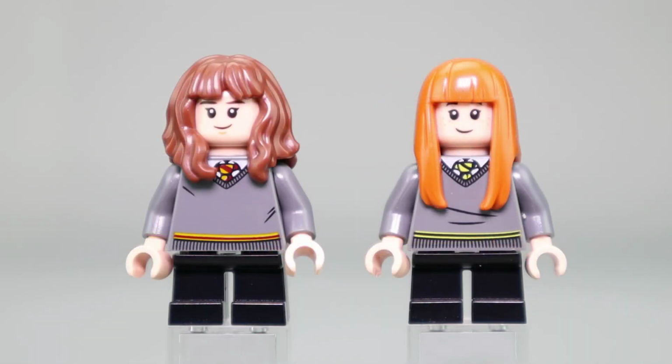In the last two, we have Hermione Granger and Susan Bones. Hermione has the same torso piece as Ron and Harry that we just saw. So this is the Gryffindor sweater and uniform. I like the hairpiece they used for Hermione with a nice brown color and then the hair that goes over her shoulders. Susan Bones is a minor character from the universe, which I find kind of nice, I guess,